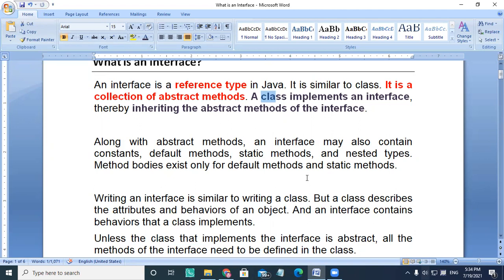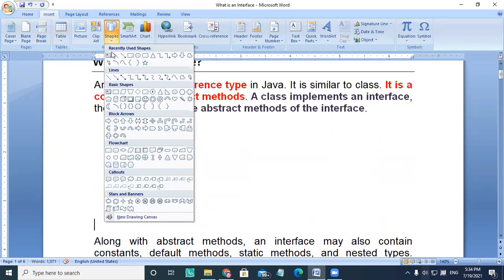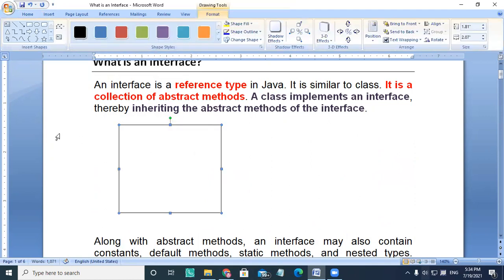Suppose there is one user interface here, and in that user interface there are input boxes, number one, number two, and some radio buttons here.